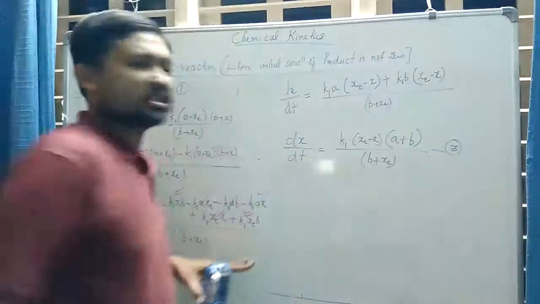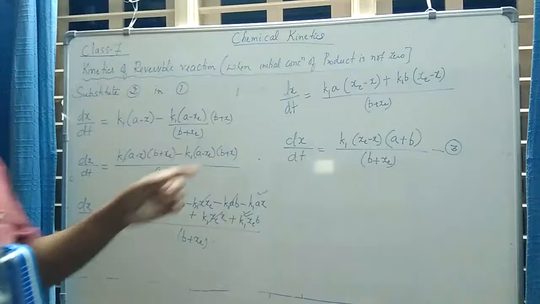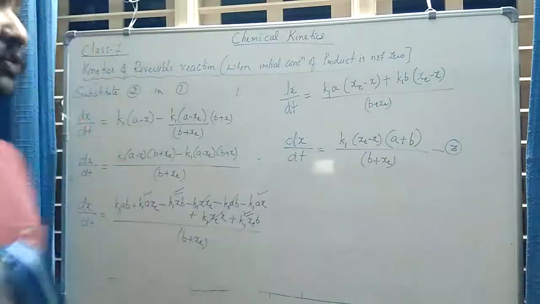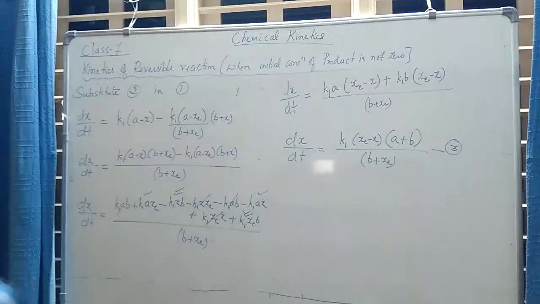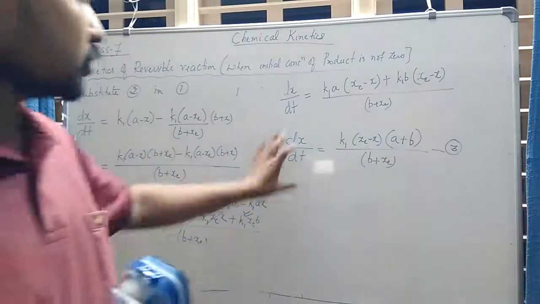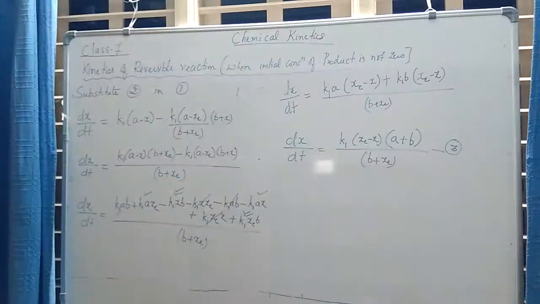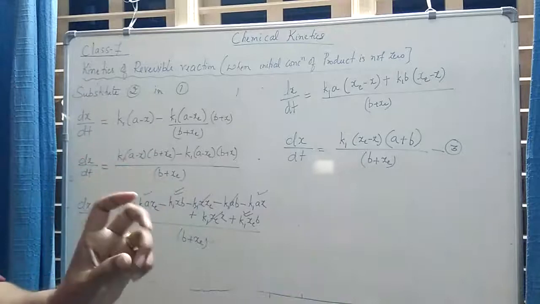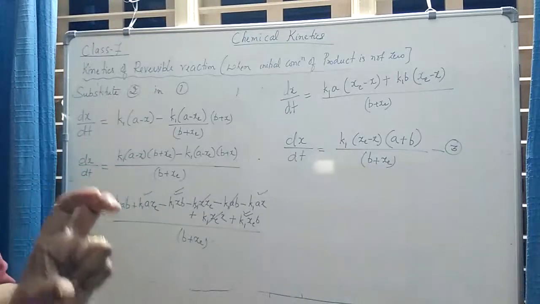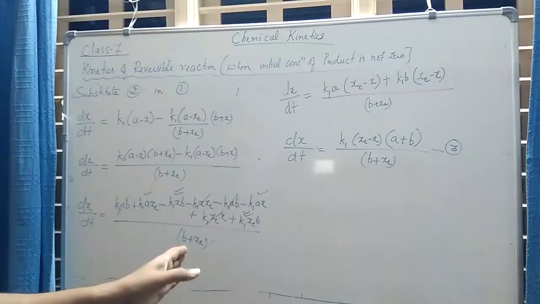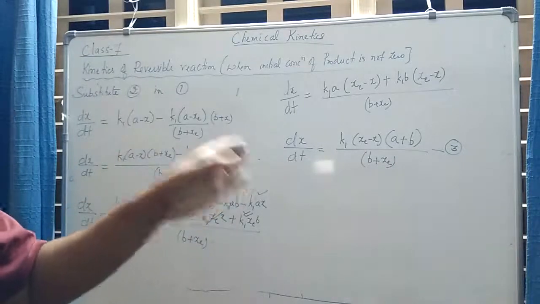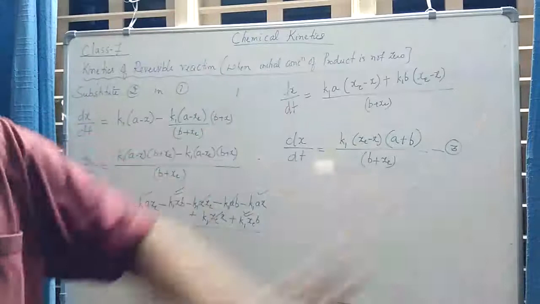So we are simplifying equation 1, that is the net rate of the reaction, by substituting equation 2 and getting a much simpler term, and this is a differential form of expressing the rate of the reaction. It is always useful to express the rate of the reaction in the integrated form. So in order to convert this into integrated form, we have to rearrange this expression in such a way that all the terms containing variable x are on one side and the other variable, time t, is on the other side of this equation.